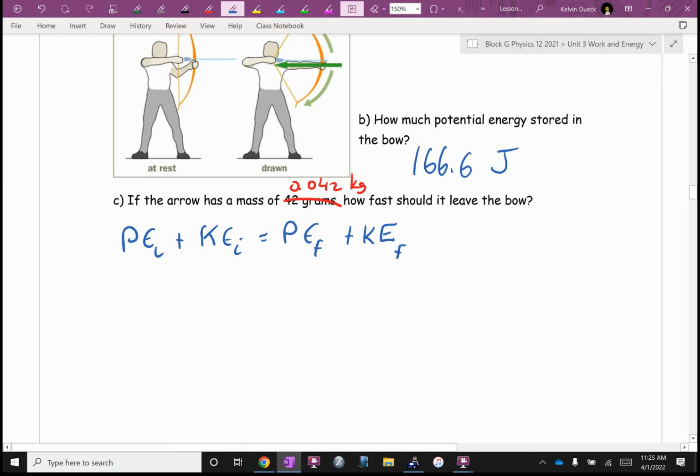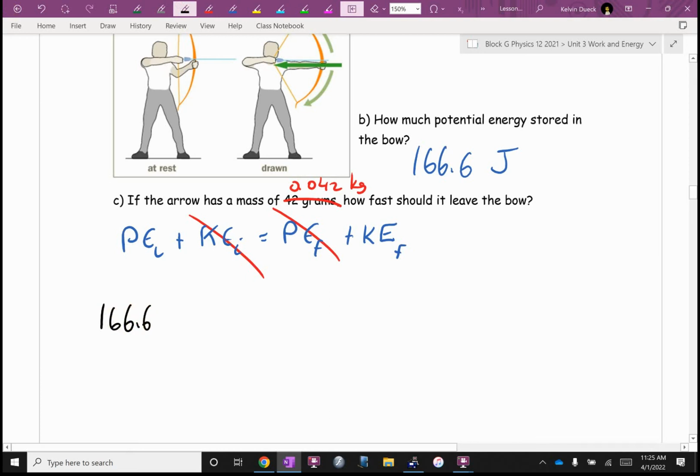Okay, are any of these 0? Is the arrow ever at rest? Braden nodded. Where? At the beginning or after? If it was gravitational potential energy, I would say, are we ever on the ground? This is not. Do we ever use up or lose all of our stored energy? When you shoot the bow, so after. So what we end up with is this,